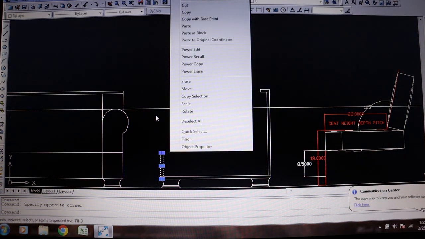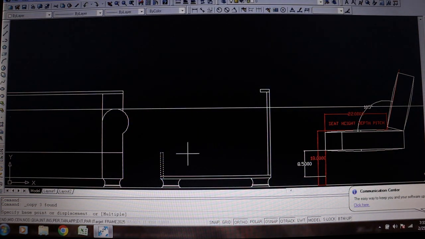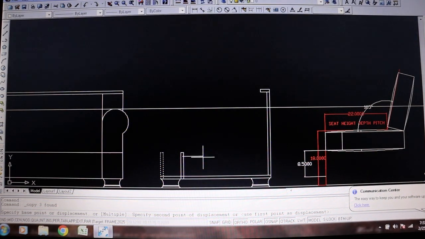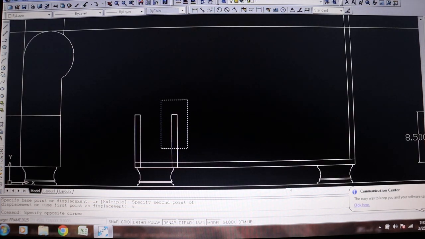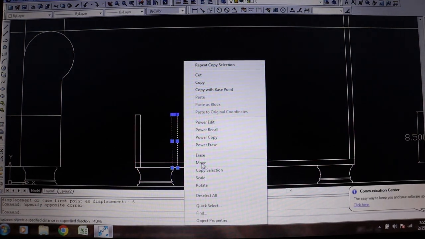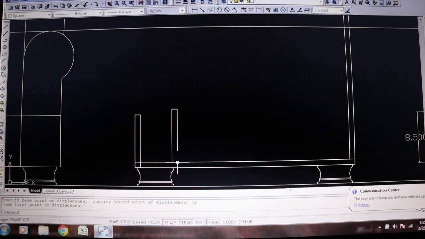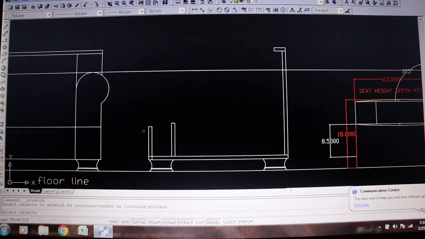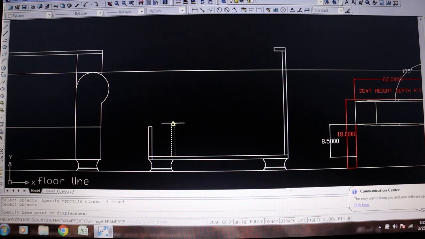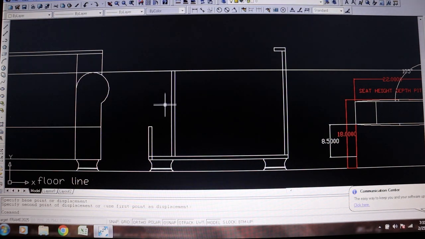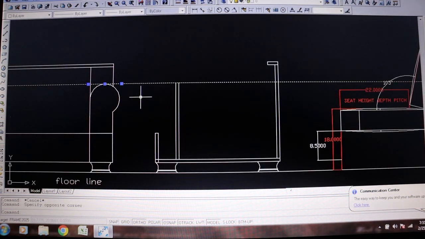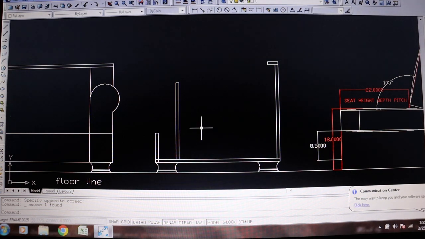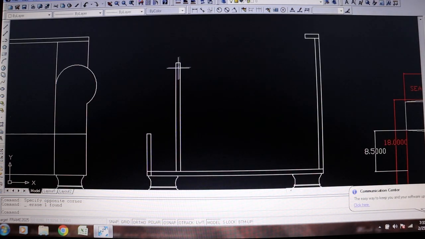So I'm going to copy this back 6 inches. And since that's going to be sitting on top of that rail, I'm going to move this up right there. And then I'm going to take this and stretch it up to our arm height. So there we have, let me get rid of that construction line. So there we have the side view of our arm. So side view, front